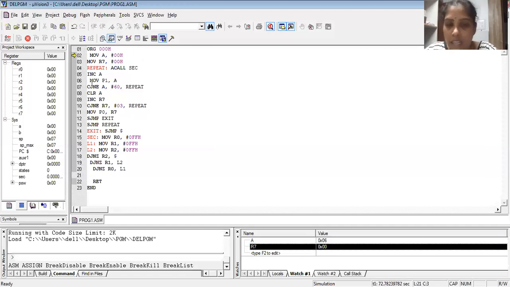Now once you are running the program, you have to only observe the watch window over here. Each time the delay program is run, you can observe that after some delay, your A keeps on changing from one value to the next. It keeps on incrementing. It has started from 0. It will go up to how much value? It will go up to